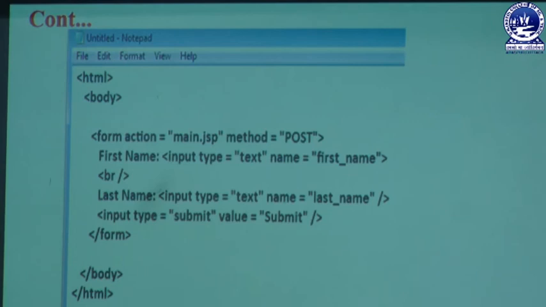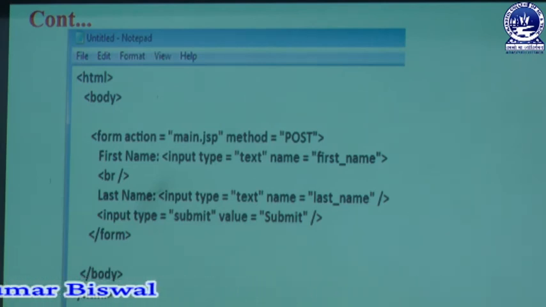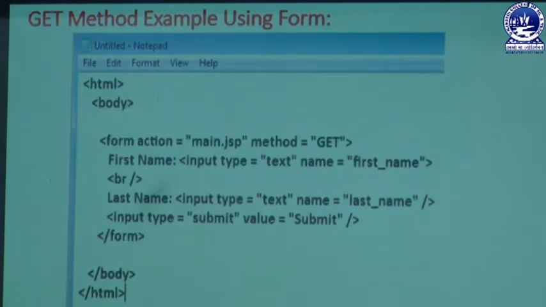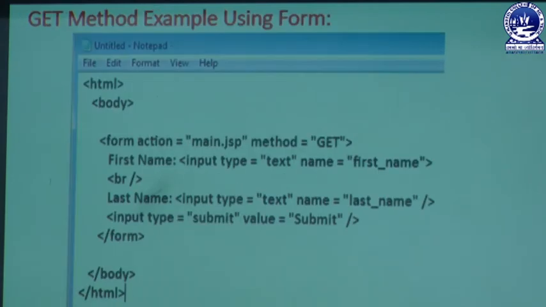Next we write the form with the field name, the first name. For that first name we create an input of type text, which is a text box. That text box must have a name, and we name it firstname. That means firstname is the name of that text box. Instead of firstname we can write anything else, but that name must match what is written in our other page, the getParameter firstname part. So this name, the name of the input box, helps us retrieve that information.